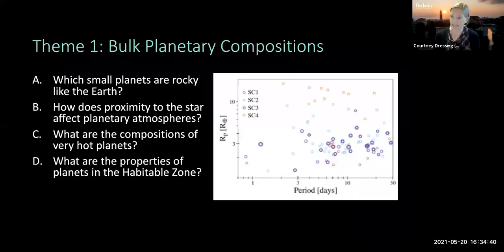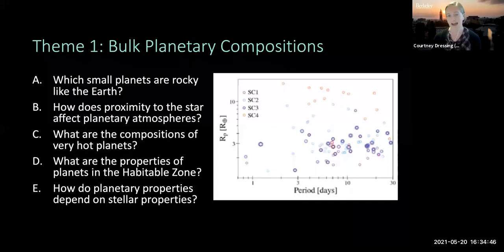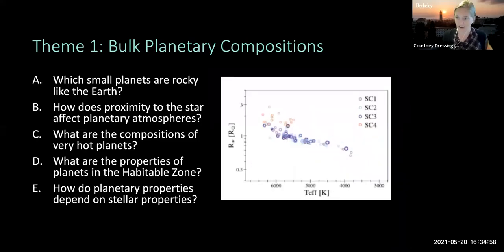What are the properties of planets within the habitable zone, the distance from a star at which we might have liquid water on the planet's surface? And how do the properties of a planet depend on the properties of the star? As we dial up the metallicity of the star, do we also see that the planet gets more and more metal rich? In order to address that final point of star-planet property correlations, we wanted to select target stars that